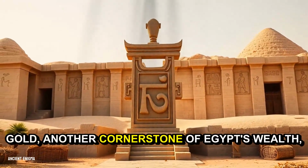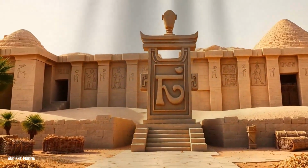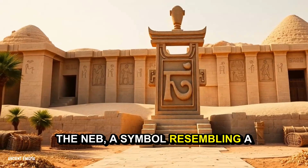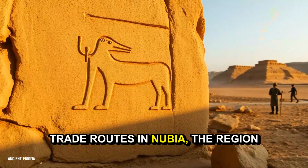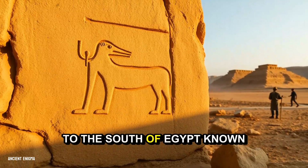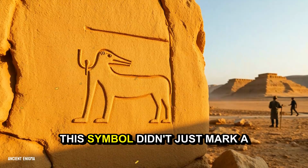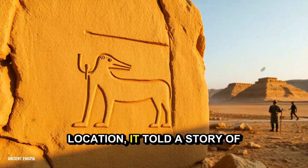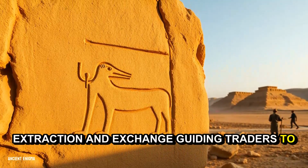Gold, another cornerstone of Egypt's wealth, also had its own set of cryptic markers. The neb, a symbol resembling a basket, often appeared near mines and trade routes in Nubia, the region to the south of Egypt known for its gold deposits. This symbol didn't just mark a location, it told a story of extraction and exchange, guiding traders to the sources